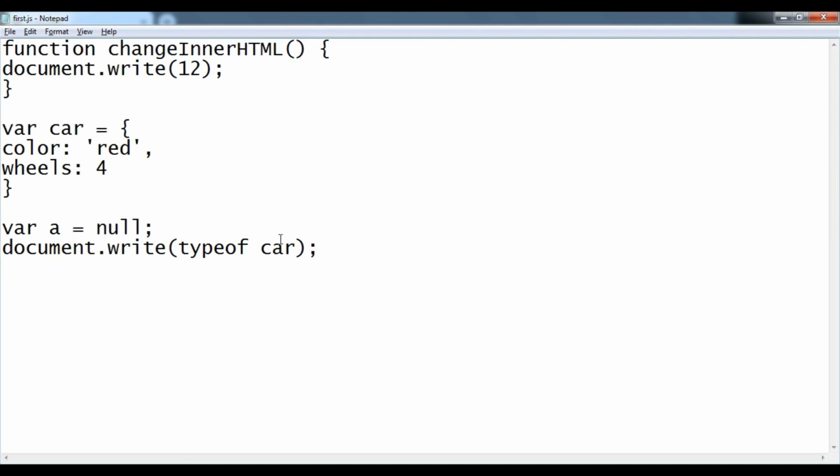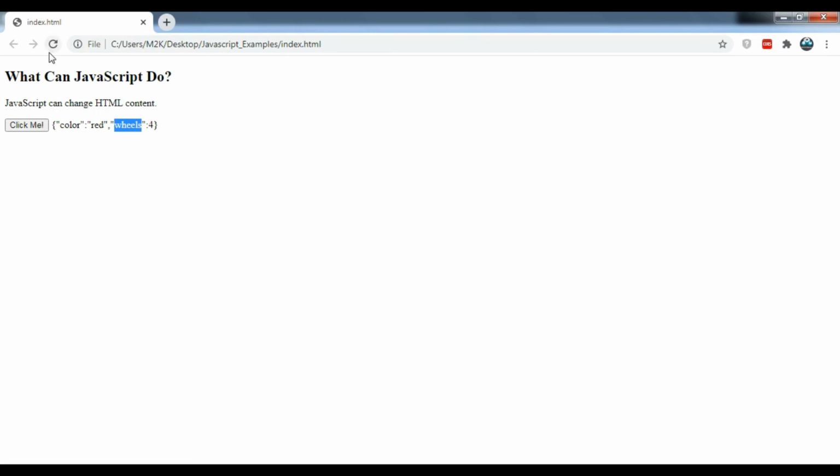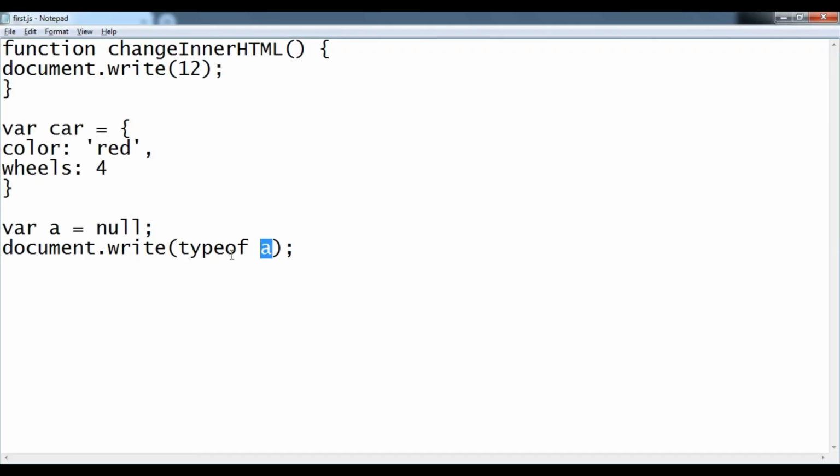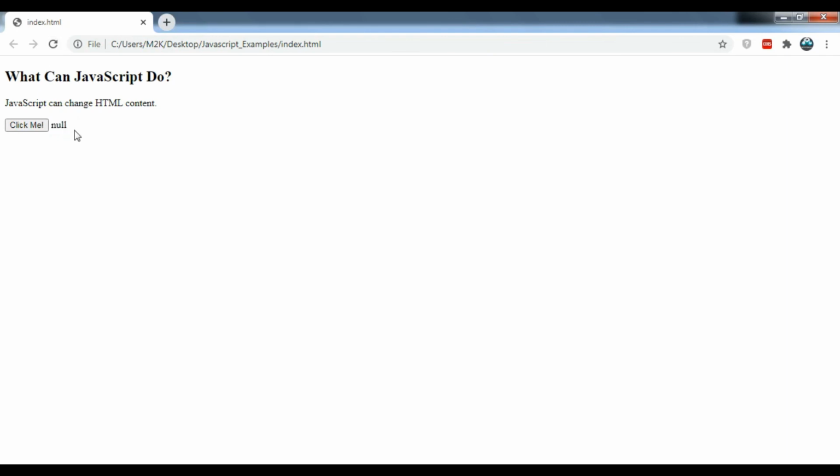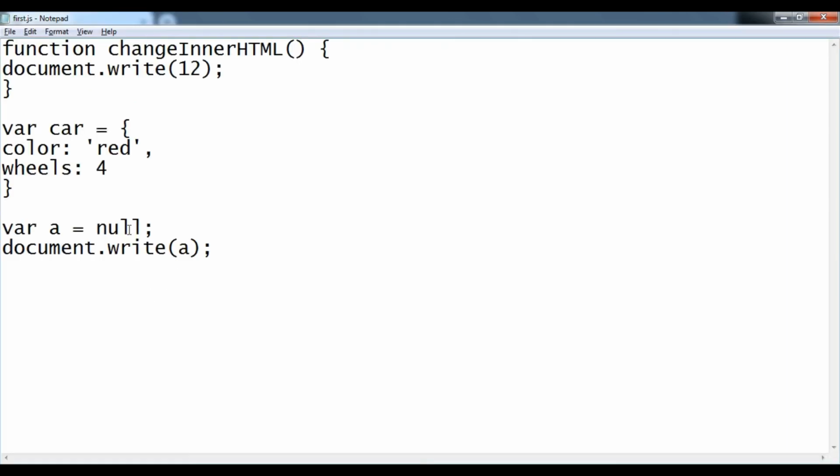So here you can see, let me write it, type of a is object, but if you remove this type of and check the value of a, it's null. So you use null if you want something to be not undefined and still not have any value.